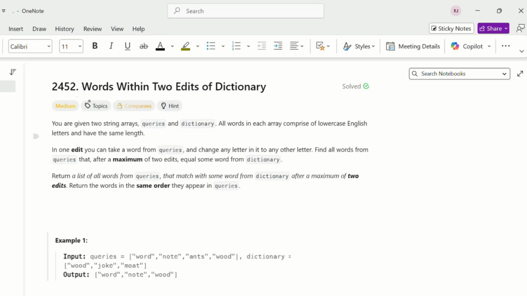Hi everyone, so today's problem of the day is words within two edits of dictionary. What is given in the description is you are given two string arrays, queries and dictionary. All words in each array comprise lowercase English letters and have the same length. So queries and dictionary we will be given, and all the words in both vectors will have the same